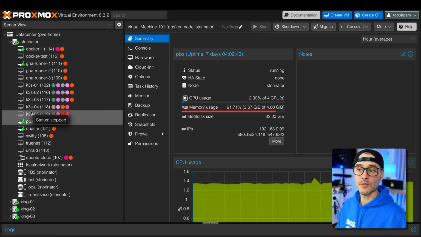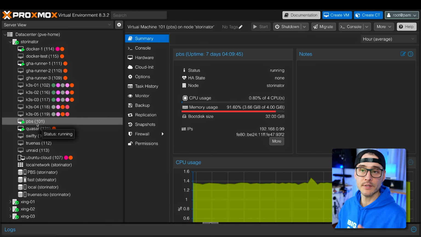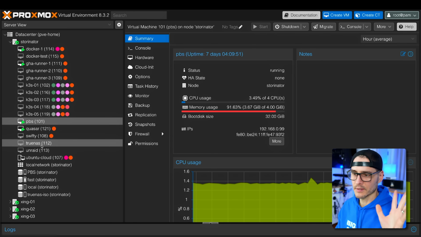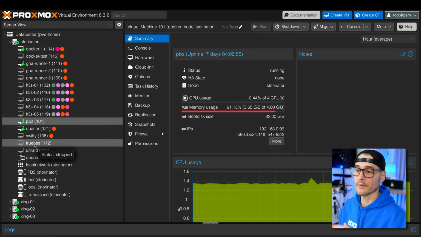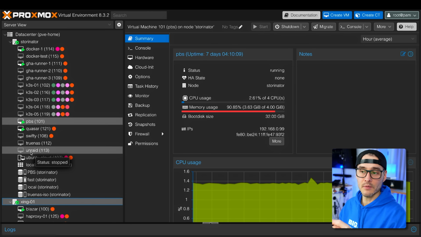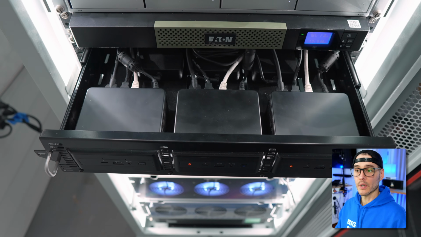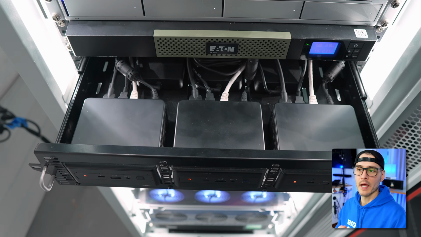And then I have PBS running, so Proxmox Backup Server, running as a virtual machine. I'll kind of dive into that a little bit later. Then some DNS servers and some other servers just for testing. You can see I was testing Unraid here, TrueNAS. It's wonderful that I can actually test other NAS systems on Proxmox. It's pretty awesome. And this Unraid, I was actually passing through the USB key where my production version of Unraid was installed. And that was one quick way I was able to virtualize it, was just plug in that key, pass it to the virtual machine, and I didn't need to configure anything else. So the next 3 nodes are those Intel NUCs you saw that I said I have in a cluster.